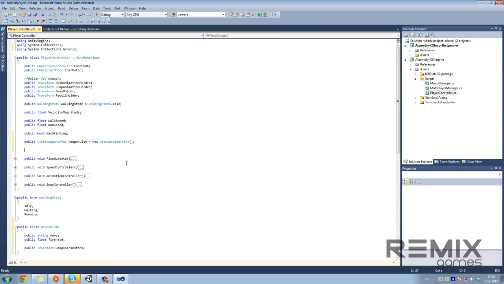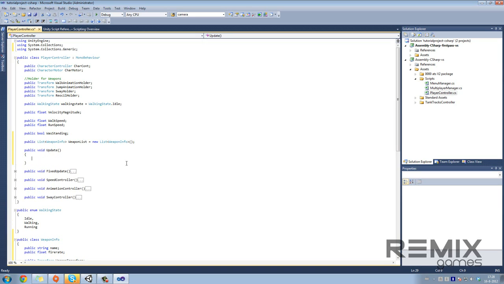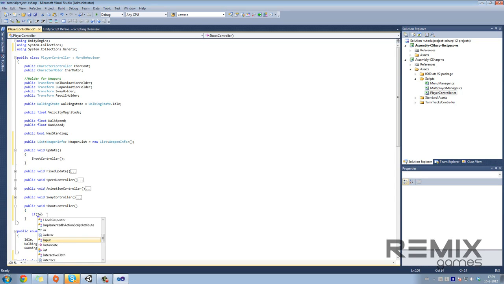Well, that's done. Add another void method called Update with capital U, and add another method called shoot controller in this method, at this update at this method. And here we're gonna do if Input.GetButton